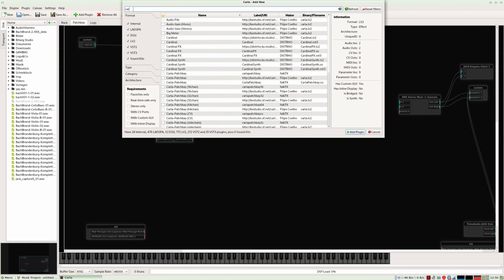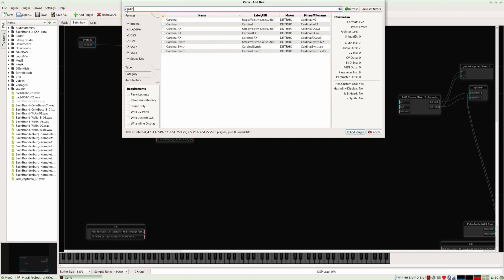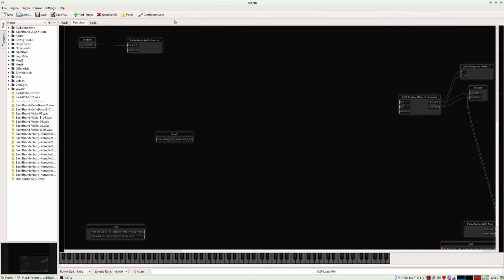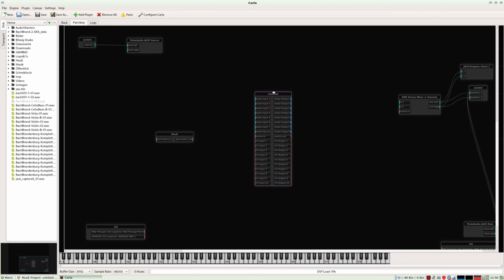So I put here the letters cardin, it's for Cardinal. Here I have the Cardinal. I will take the alpha v2 version of Cardinal and double click it, and here it is.